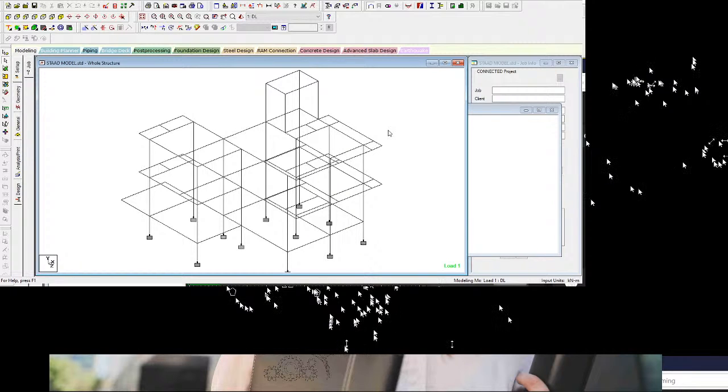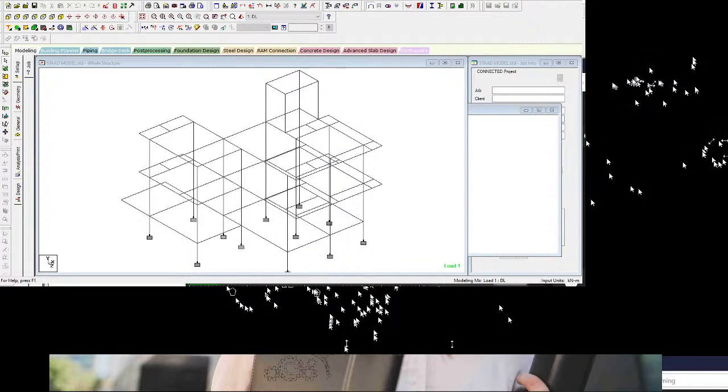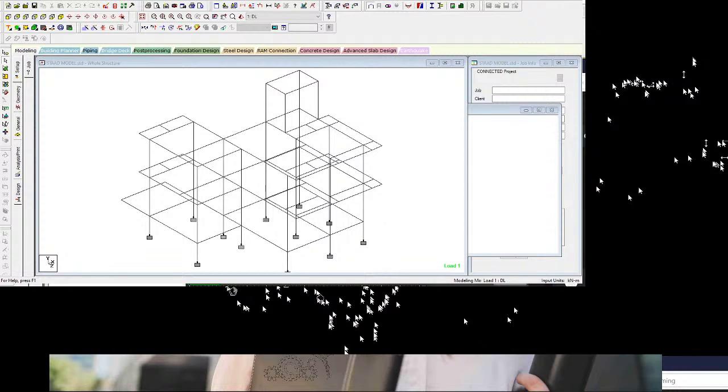So the floating column load will be distributed to the beam and the beam to the column. It is not necessary that each and every time you need to provide some floating column, because all around the lift and staircase we have already provided some beams and columns, so they will transfer all the load of the staircase. Because what happens, staircase,